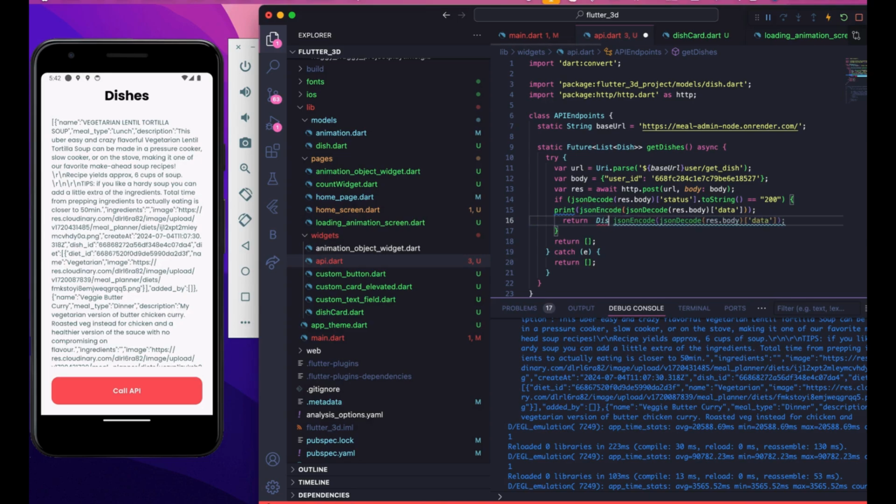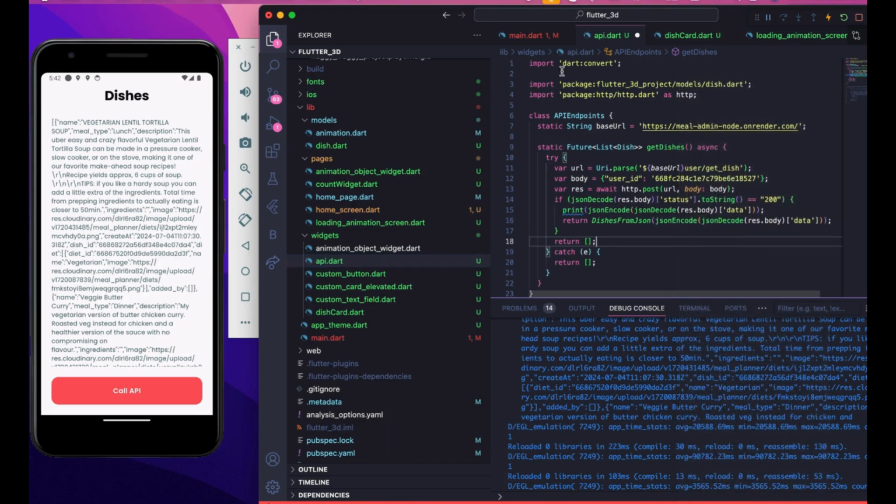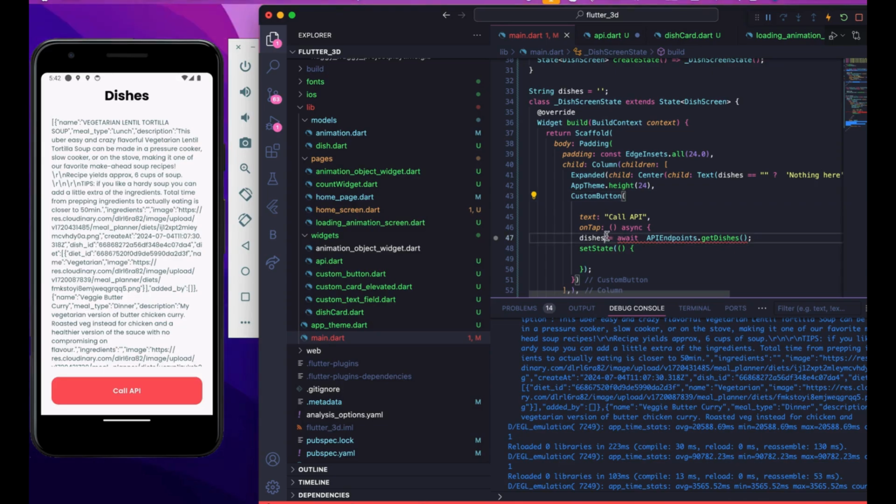Now, dish from JSON, which is our function name, and it requires a JSON. And what does JSON encode give? It's the string, right? So basically we have completed the format. Then we go to the meal point, as this will not work too, so let's add this list of